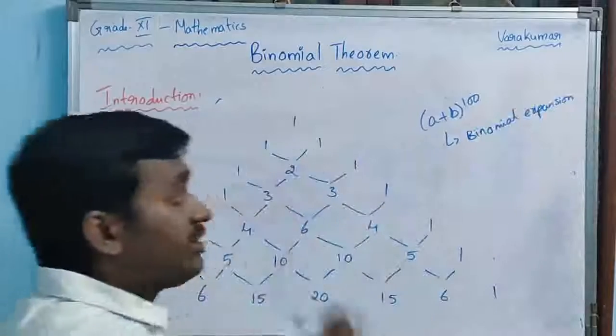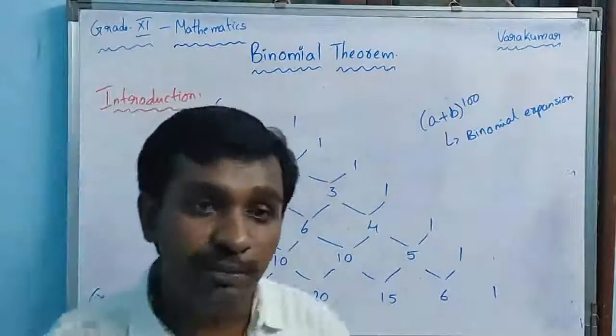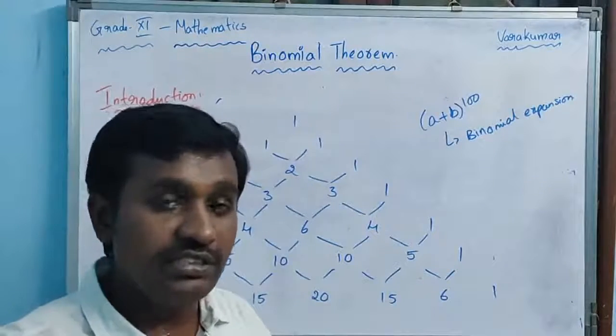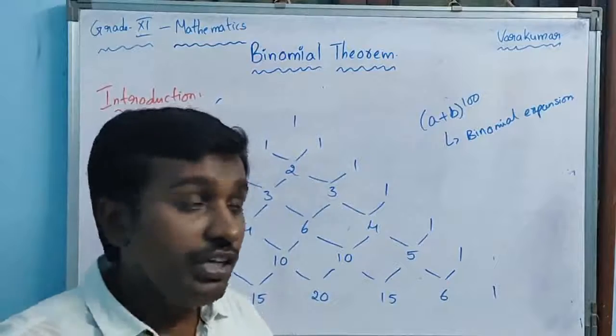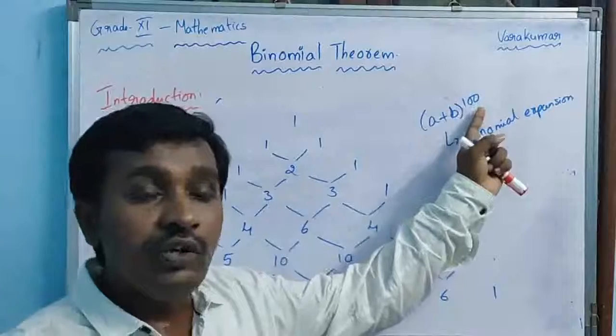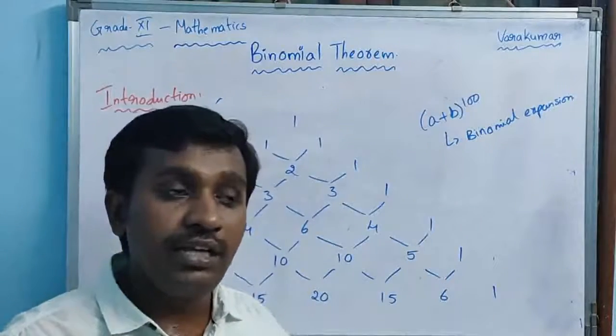Okay. So while doing the binomial expansion, the points you have to keep in mind from what we have discussed so far: number one, it is homogeneous. Number two, you have to write it like a 100, right? So 100 plus 1 terms, if it is n plus 1 terms. Clear?